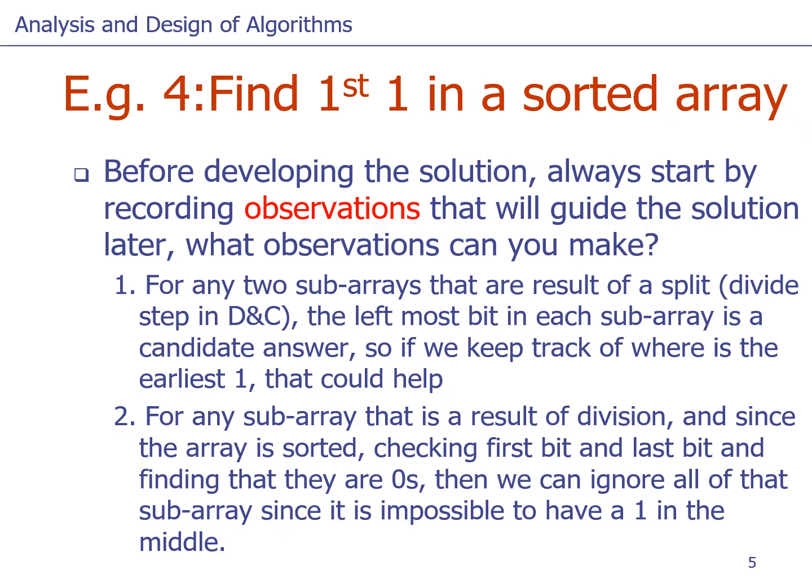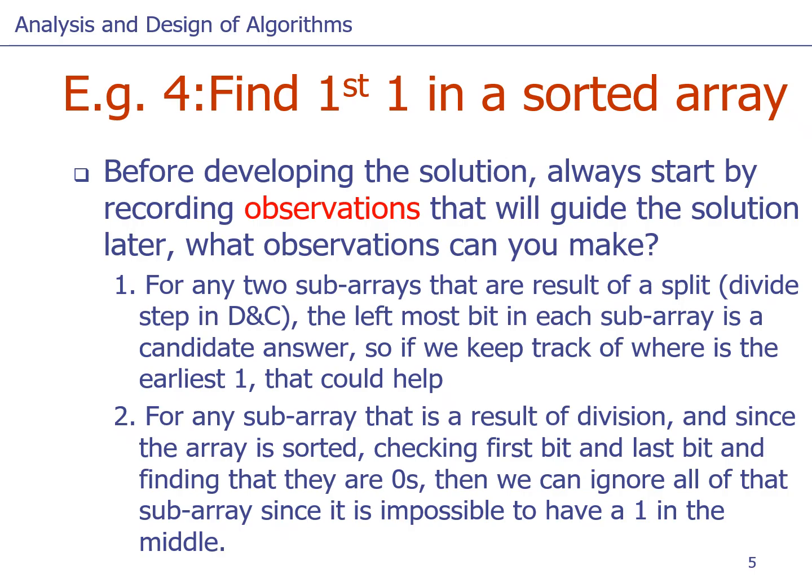Well, to check that, I have to go and check the whole array. But that is not good, right? Because this is not divide and conquer anymore. But if I just check the first bit to the left, and the first and the last bit, and I find that both of them are zeros, then everything in the middle is also zeros,